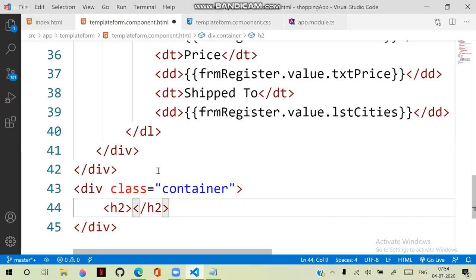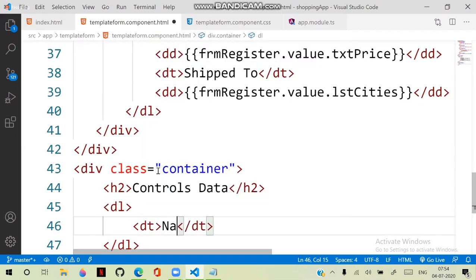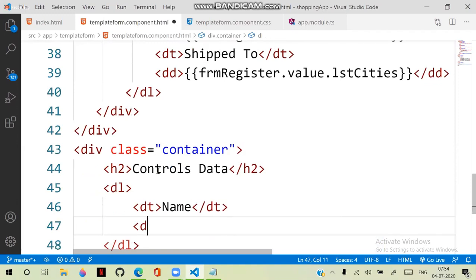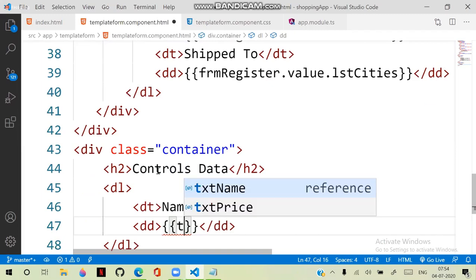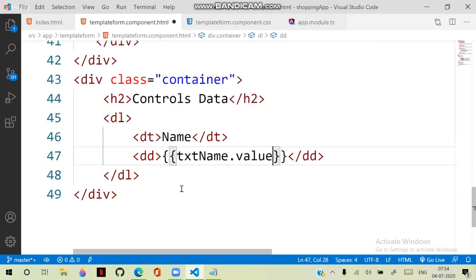And here, controls data. And here I'm defining a data list with a data term name and data definition. Here I'm accessing the data txt name dot value directly instead of